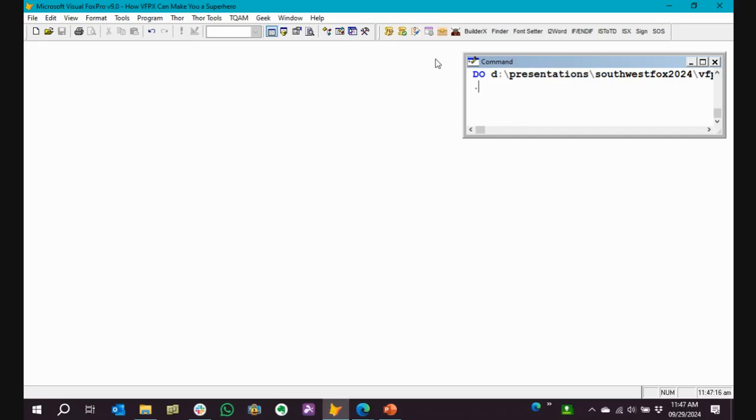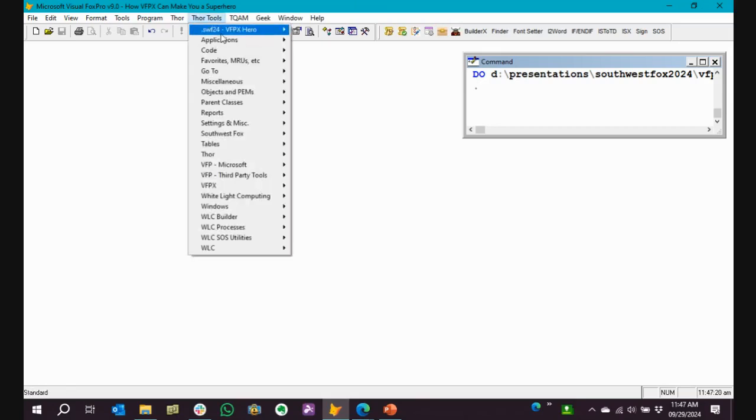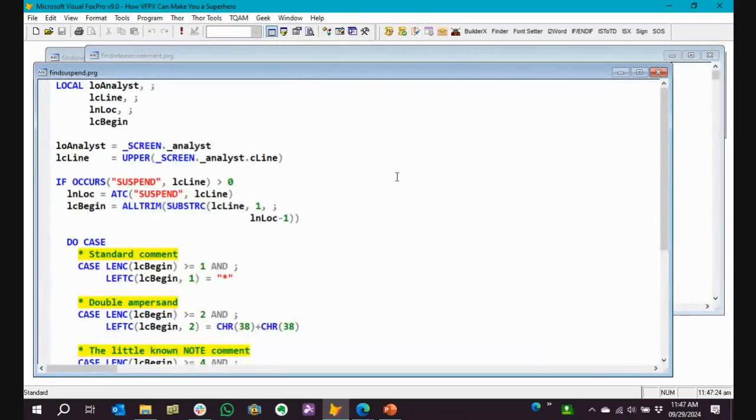All right, just a couple quick things, just to show you some code about the rules specifically. One of the things I do is find suspend. I want to make sure that suspend is not in my code because suspend does bad things in production unless you have on error star. What I do is you get a reference to the analyst object.